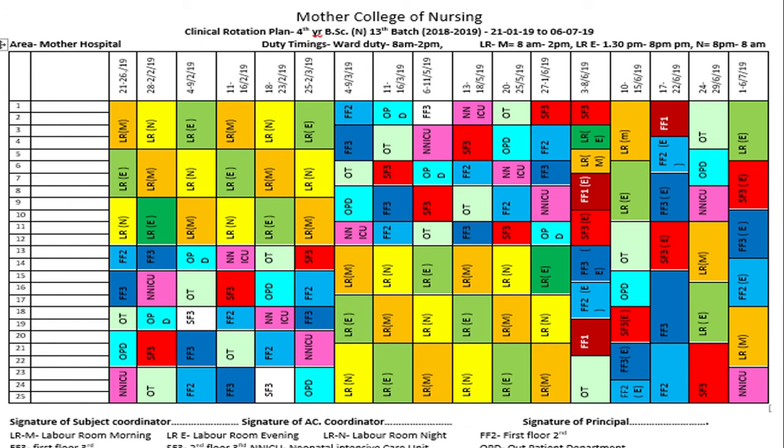So it is based on the mass rotation plan. We'll prepare the clinical rotation plan. Like this, I have to prepare another one because I have a total of 50 students in my class. Only the first group will be in OBG the first time. But in the last 5 weeks, the dates will be the same for both, because after the administration, after the education, all the students will be posted in OBG for 5 weeks. So the dates will be the same but the posting area will be different. So I will be preparing two of these for the two batches of students. This is how we prepare a clinical rotation plan.